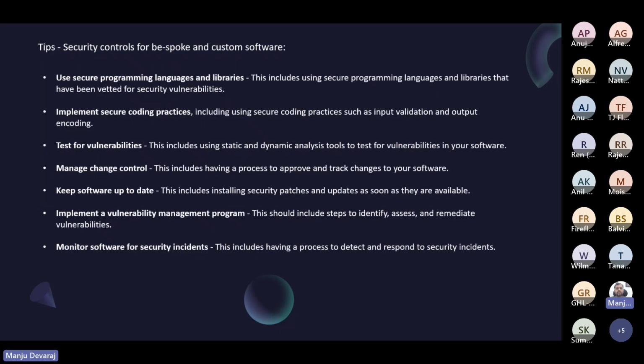Okay, I have to be quick, sorry, because we are losing very much time, it's already 2:20. Tips are there, security controls for these kinds of software, customized as well as full-fledged developed software, right? Always don't use default libraries, use secure programming languages and libraries, and implement coding practices which are very secure. Your developers are very well trained to know those security parameters, and they do all the validations, and there is a good amount of encoding done if it's required, and there is no unnecessary overhead, and outputs are